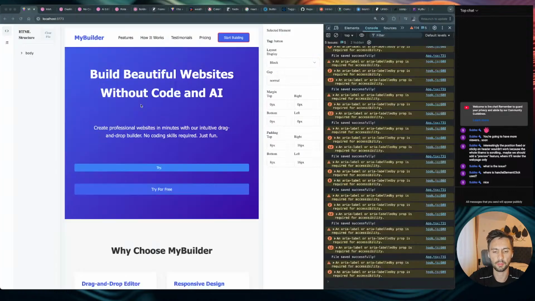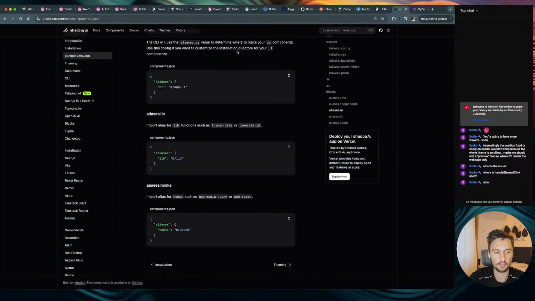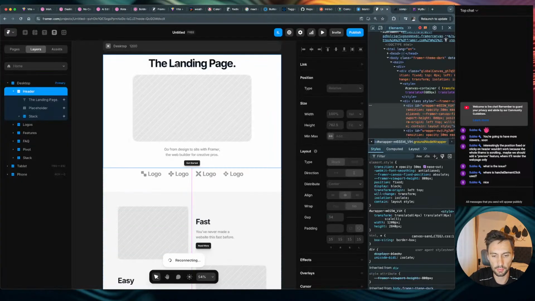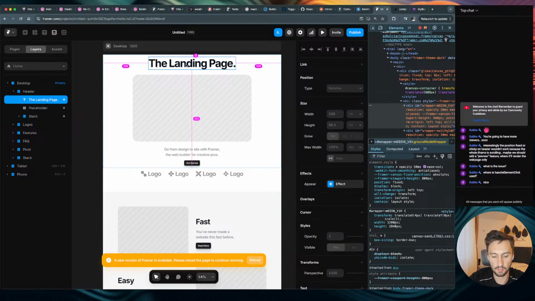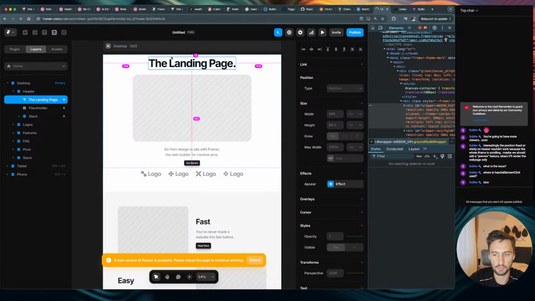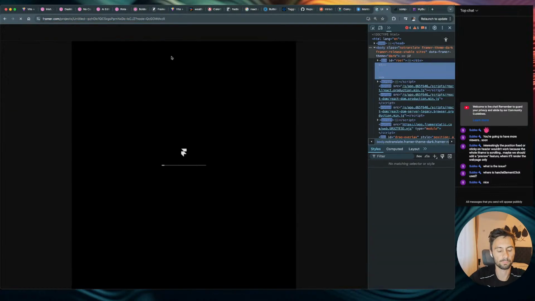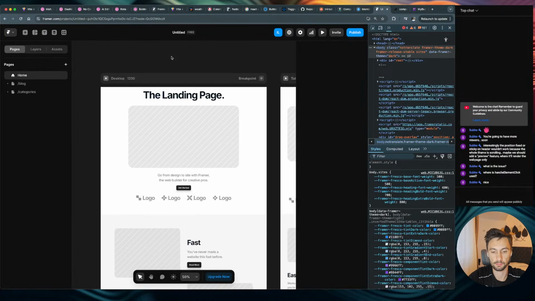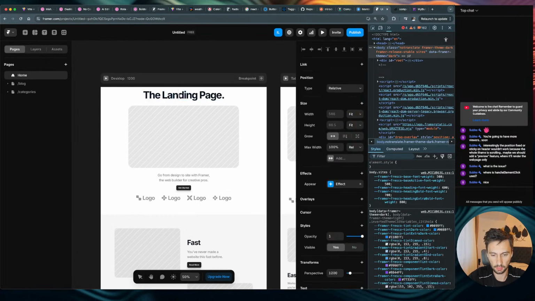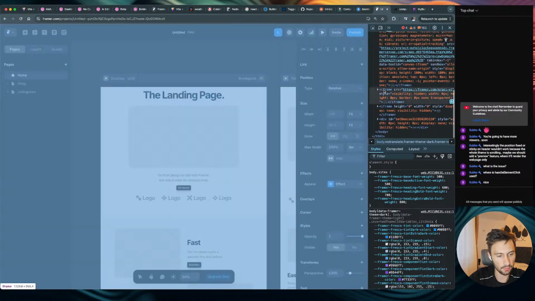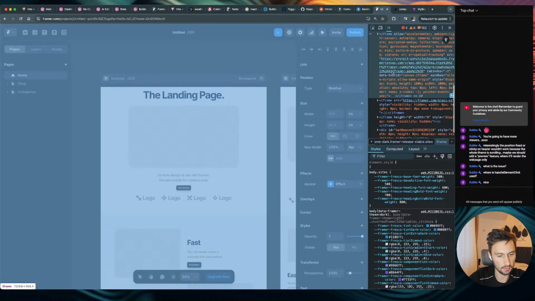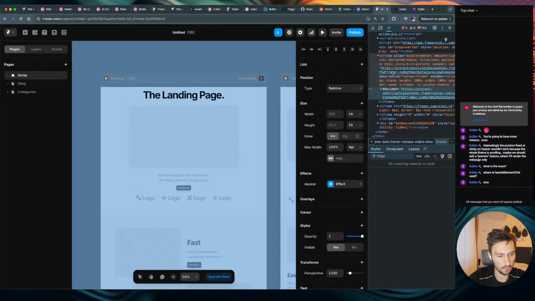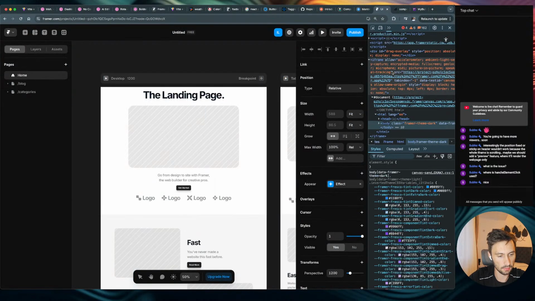Let's see how Framer does it. I have it open here. So if I double click on the landing page, let me reload the page. Double click. I can edit it. All right. Let's go to their iframe. So they have, where is it? This one. And this thing, body, main, div,